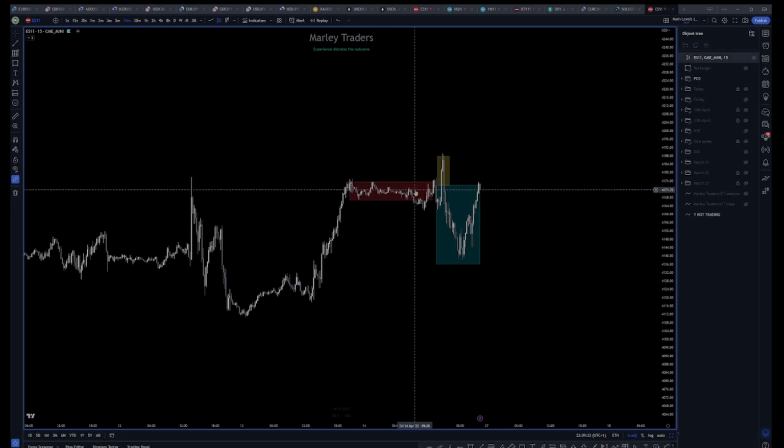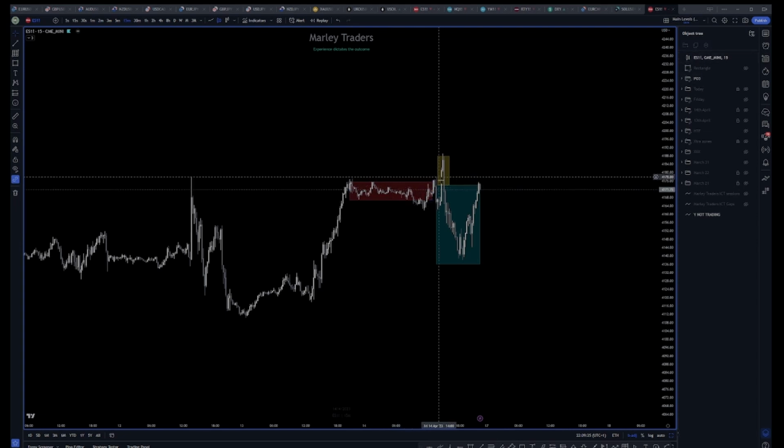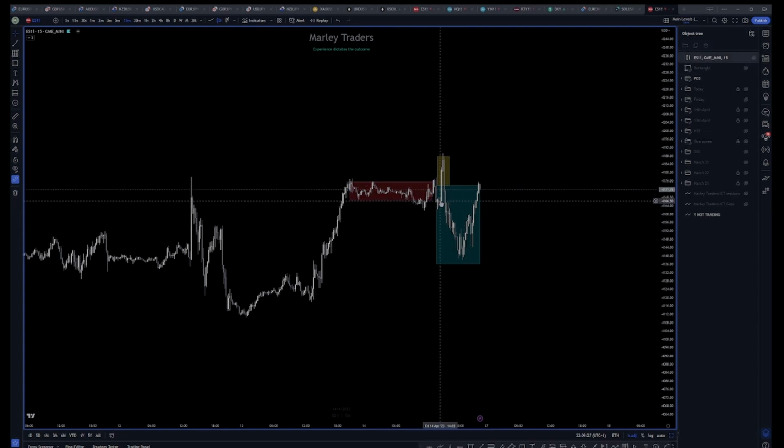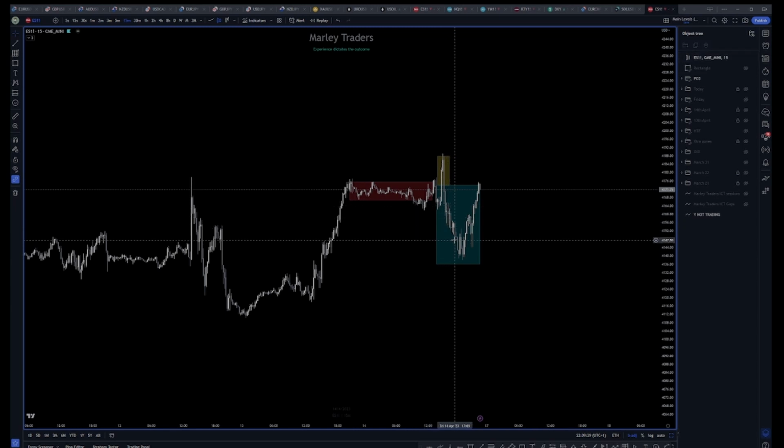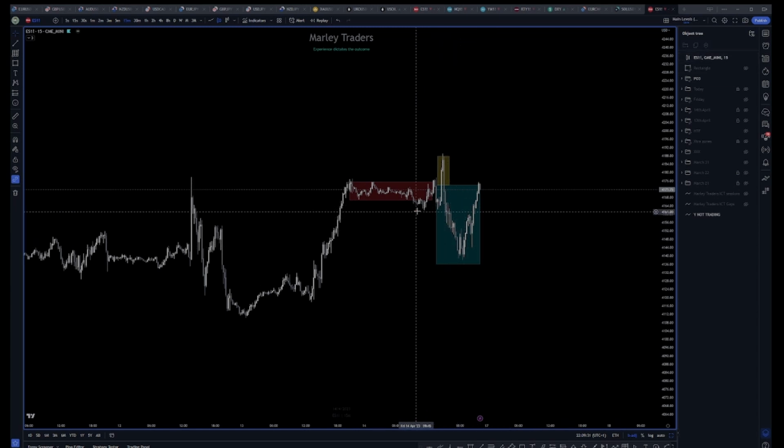All right, so this was the first trade, or one of the trades rather. Okay, so we shorted